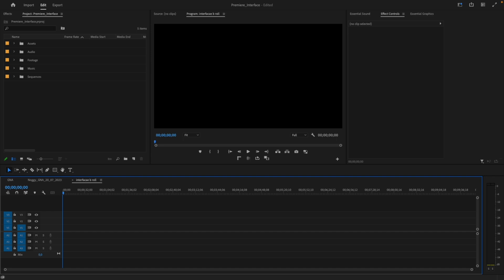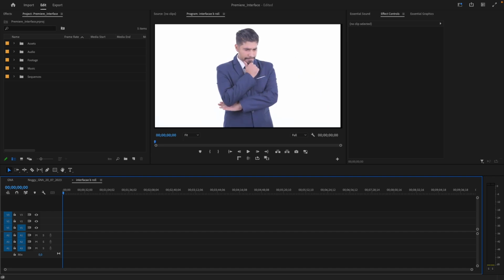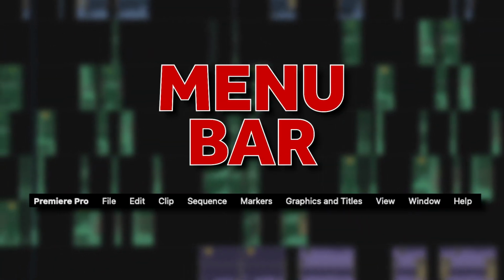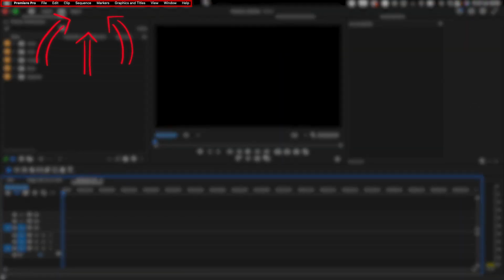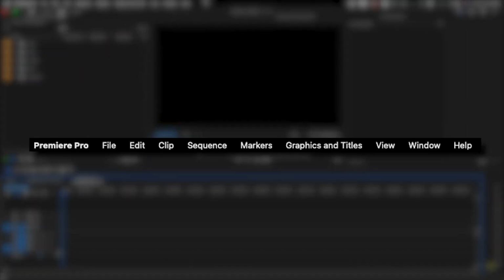This is Adobe Premiere Pro's main interface. Now, you can either get really excited seeing this, or you can get absolutely terrified. Regardless, understanding the key components of the interface is going to give you the difference between a fast and a slow editor. The first thing we need to break down is the menu bar. The menu bar is this horizontal strip located at the top of the application window. It contains a bunch of menus, each offering a set of options and commands to perform different tasks within the